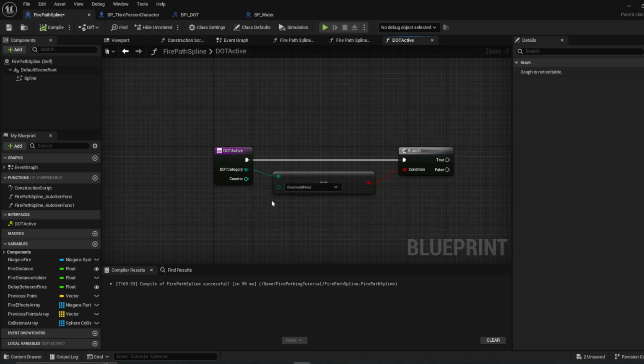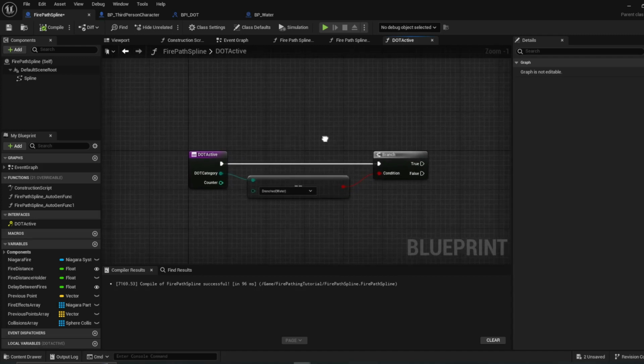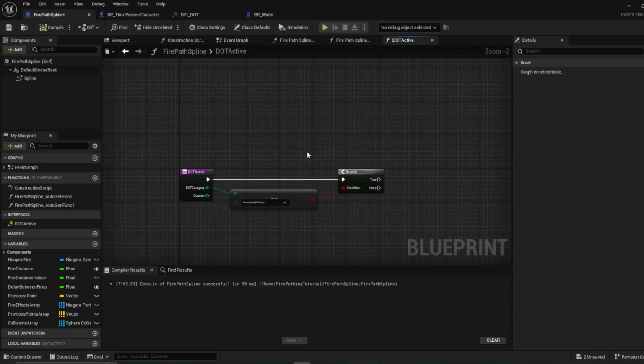So it might be better to do a reverse of this, actually, so that the fire interacts with the water, because our spline is constructed,